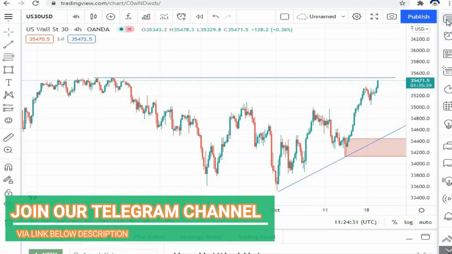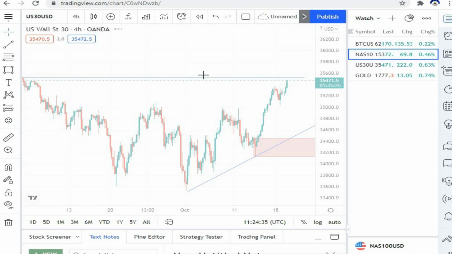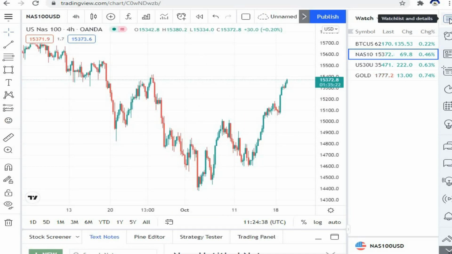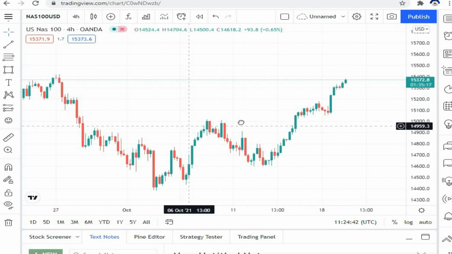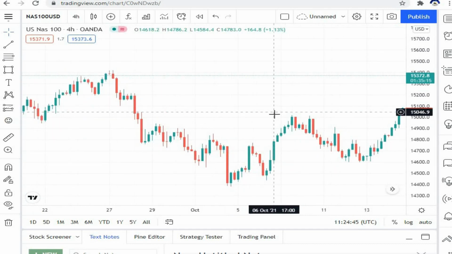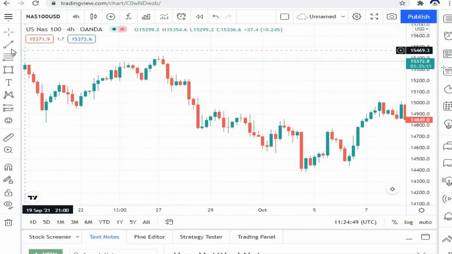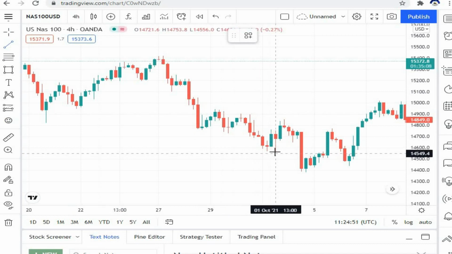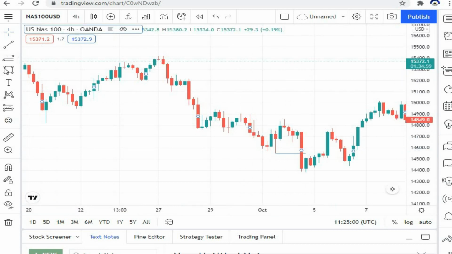So let's give you another example, guys. Another example. This is Nasdaq, guys, and as you can see, the price was going up. Why? Because we had this first drop, base, drop, base, drop, meaning the price had to come back to this order block zone area, but the last lower high